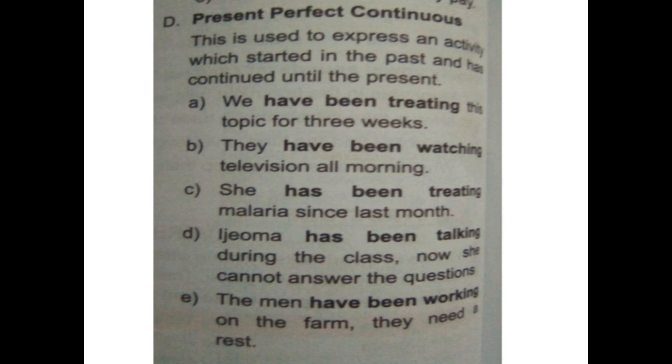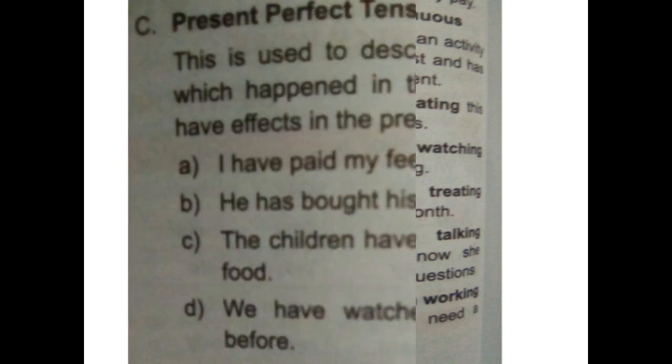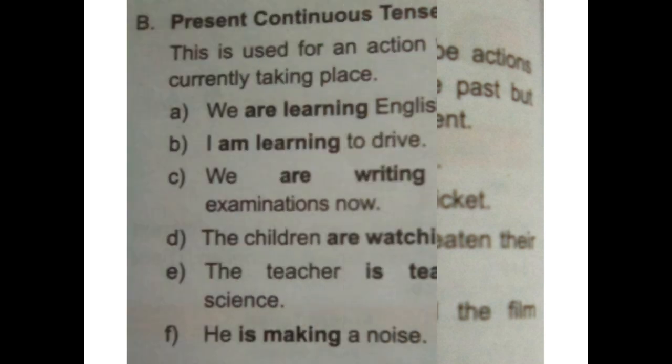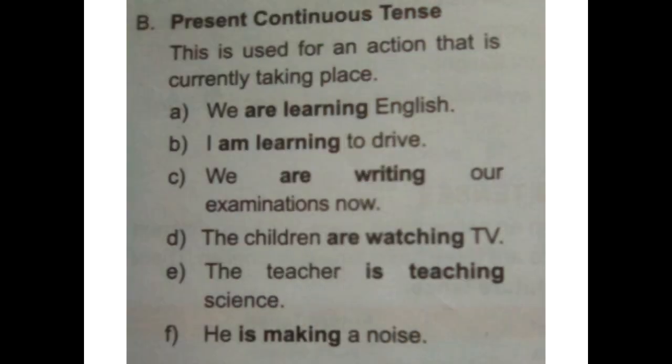It will help us. How do we form a present continuous? A present continuous is using the present auxiliaries and present participles. Present auxiliaries like am, are, is. These are the present auxiliaries. The be words, or auxiliary verbs. Let me digress.